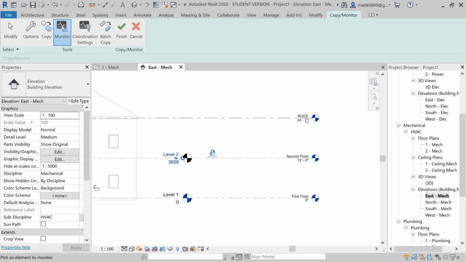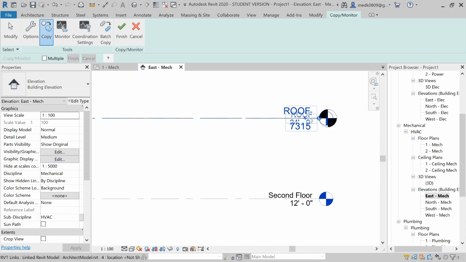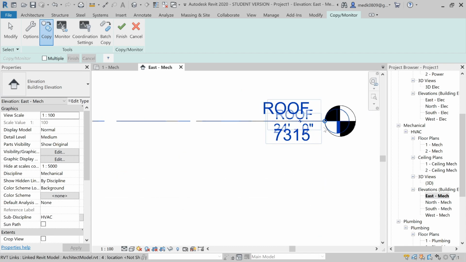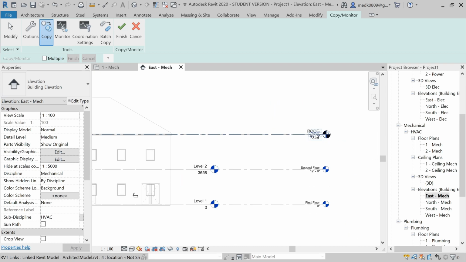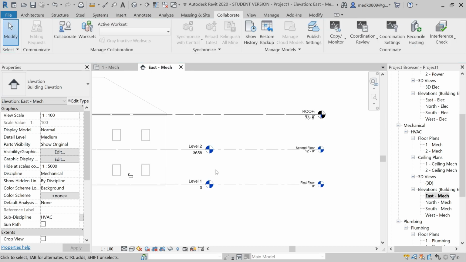For that, if you want to copy this level from the architect to the Revit project, you can select Copy and select this link, select this level and a copy will be generated, as you can see, for the MEP project. And here you can see we have two roofs over here and this roof belongs to the Revit project. Okay, now you can simply finish.